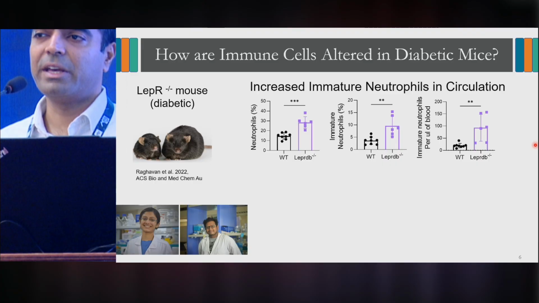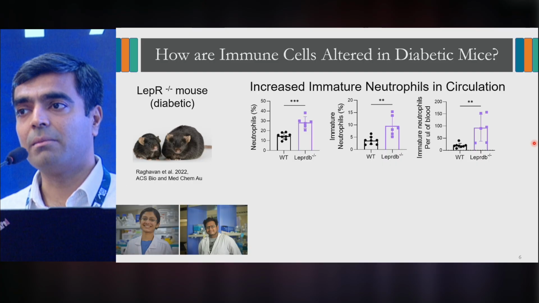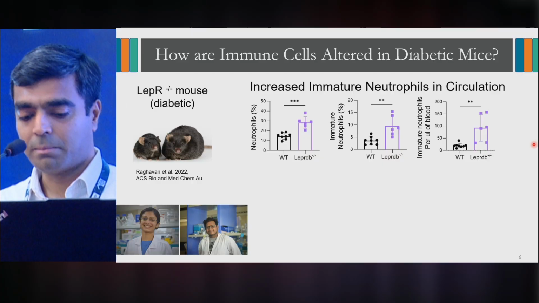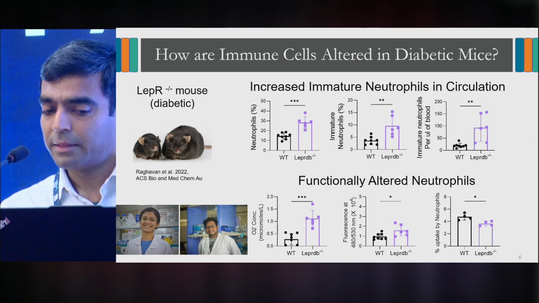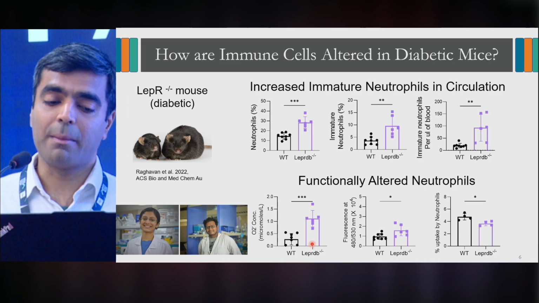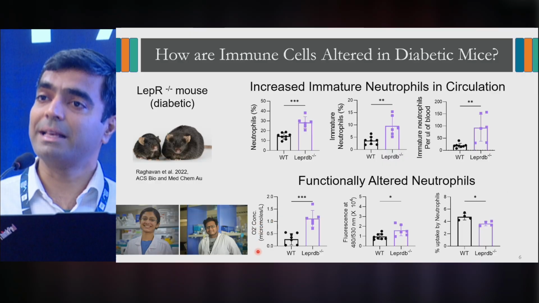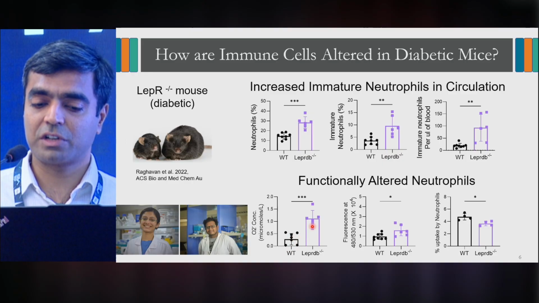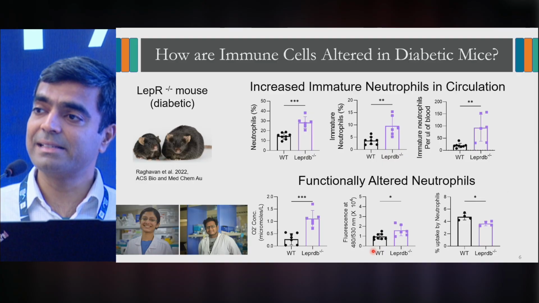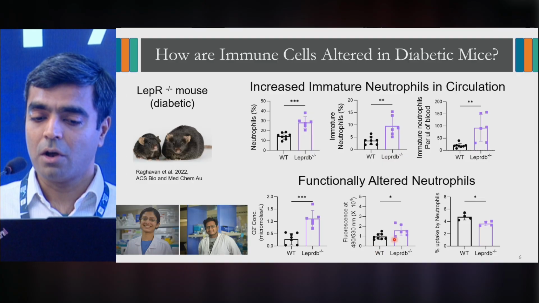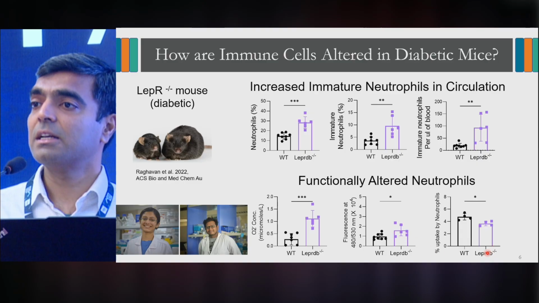This was our first observation, I would say, that there are changes in immune cells. There are some changes in monocytes, not as many changes in T and B cells in type 2 diabetes in this specific mouse model. So we looked at the neutrophil function specifically. They are functionally altered. The neutrophils in the diabetic mice produce a larger amount of ROS, reactive oxygen species, in baseline conditions and upon activation. That's almost threefold higher. They also have higher amounts of DNA release, that is NETosis, a measure of NETosis, almost doubling of the amount of NETosis. But in contrast to the other two features, they are less phagocytic.